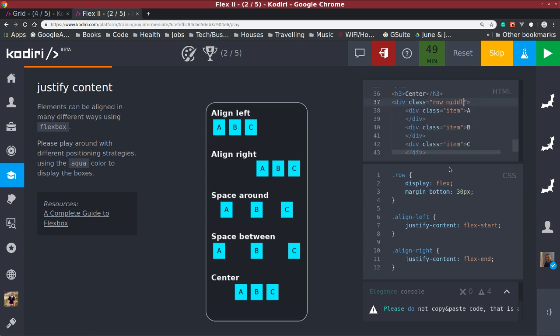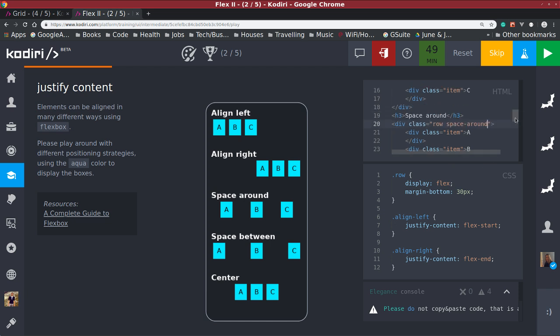Middle, is it, Vince? Centre. Centre, yeah. Centre, definitely centre. Okay, so I missed my space around out, didn't I? Row and space around. Have I done it again? I don't know. It keeps skipping off the section that I'm on. Anyway,